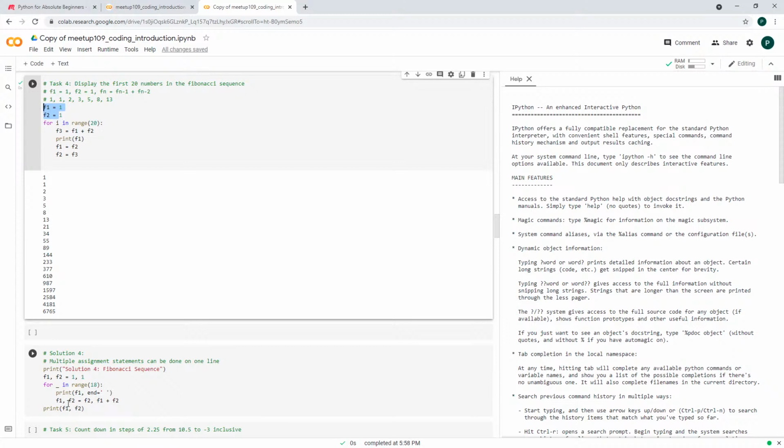Alright, and we go through the loop, and every time we go through the loop we say that our new f1 is our old f2, which is correct, and now our f2 is equal to what was f1 plus f2. You see how we needed a third variable here, f3, because we were just doing one assignment per line, but because we can do multiple assignments on one line, we don't need that variable anymore. So what it does is it calculates all the values on the right and then assigns them to all the values on the left,